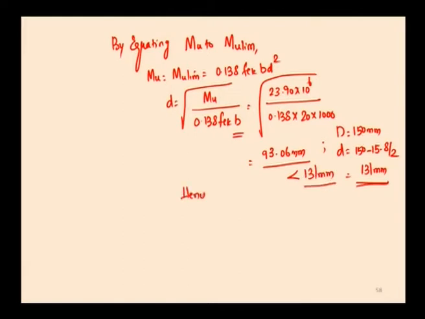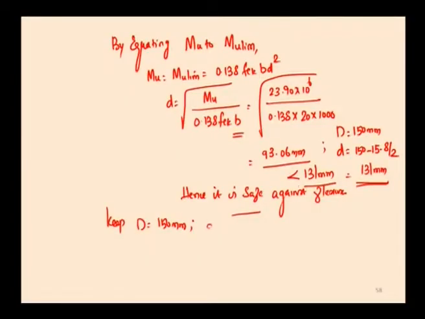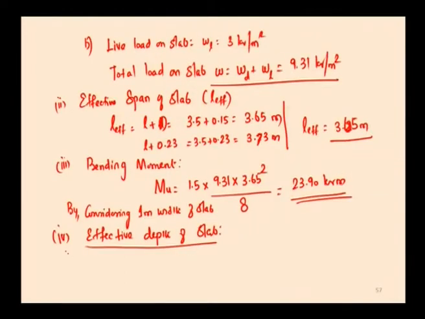Hence, it is safe against flexure. Next, I am going to keep D as 150 mm, since I am going to check this depth against another limit state, that is limit state of serviceability. That is why I am keeping the assumed value, D equal to 150 mm, small d equal to 131 mm. Now, I am going to find out the next step, fifth step,